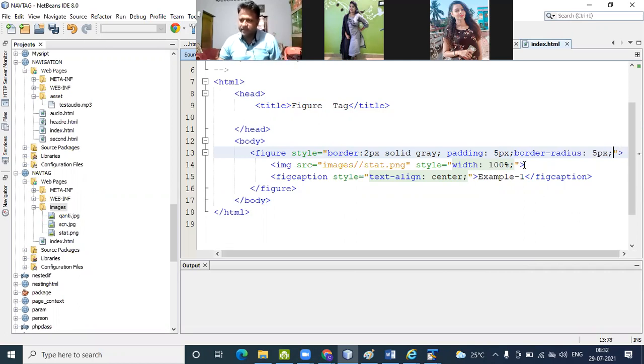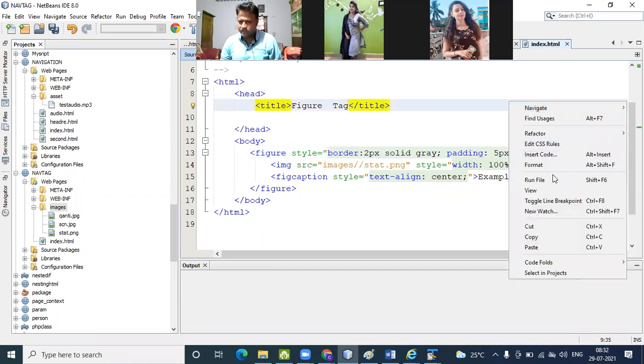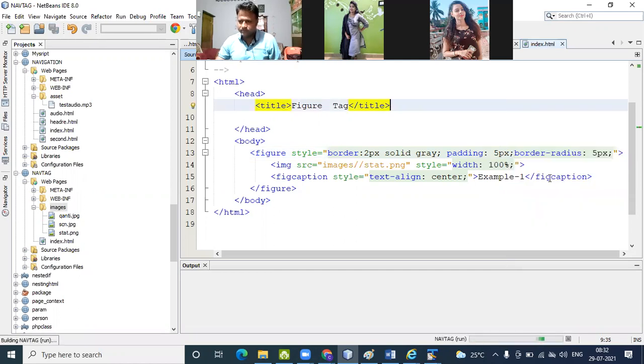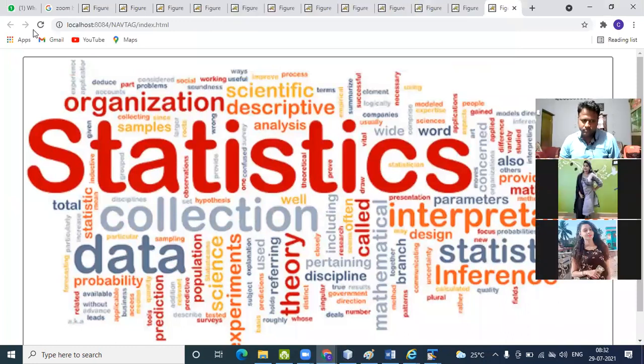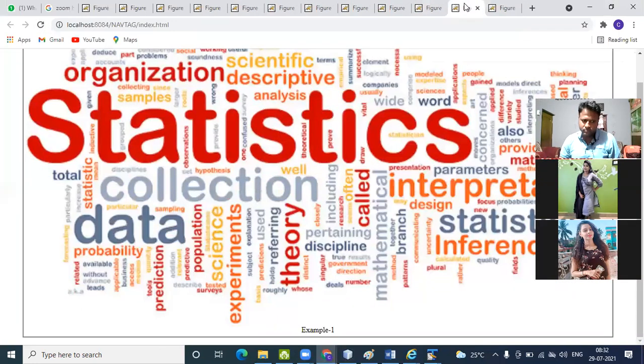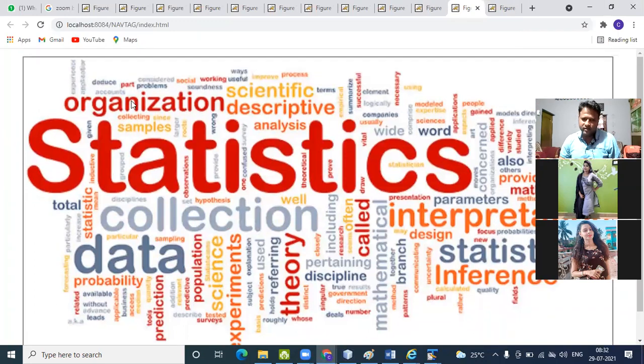Then if you notice here, we have to scroll it down.